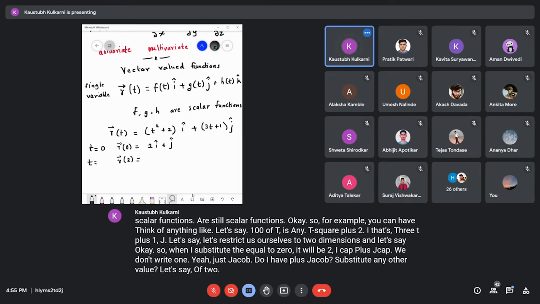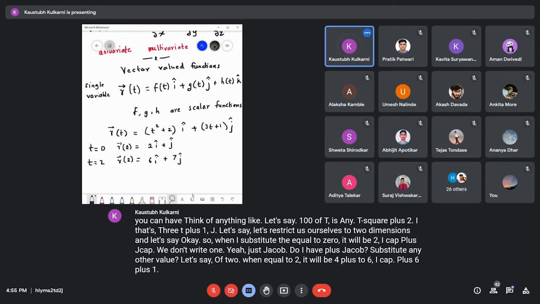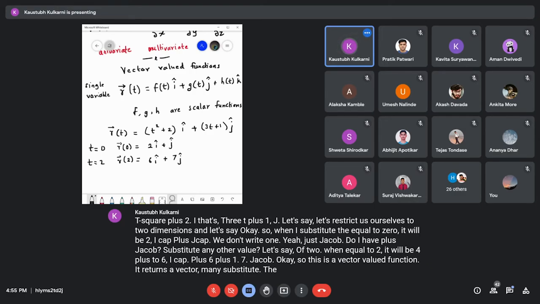When t equals 2, it will be 4 plus 2, 6 i cap plus 6 plus 1, 7 j cap. Okay, so this is a vector valued function. It returns a vector when you substitute the values of the variables in it. And you can also plot these